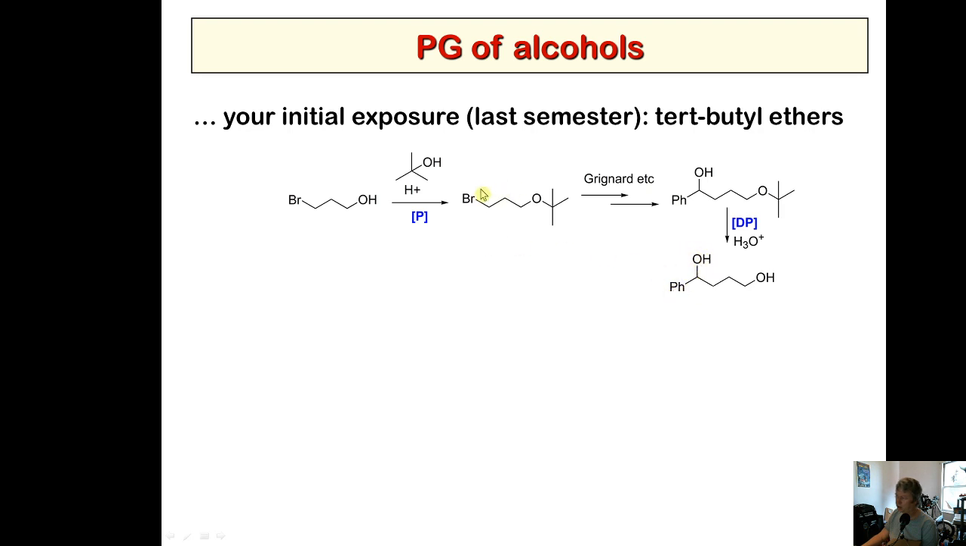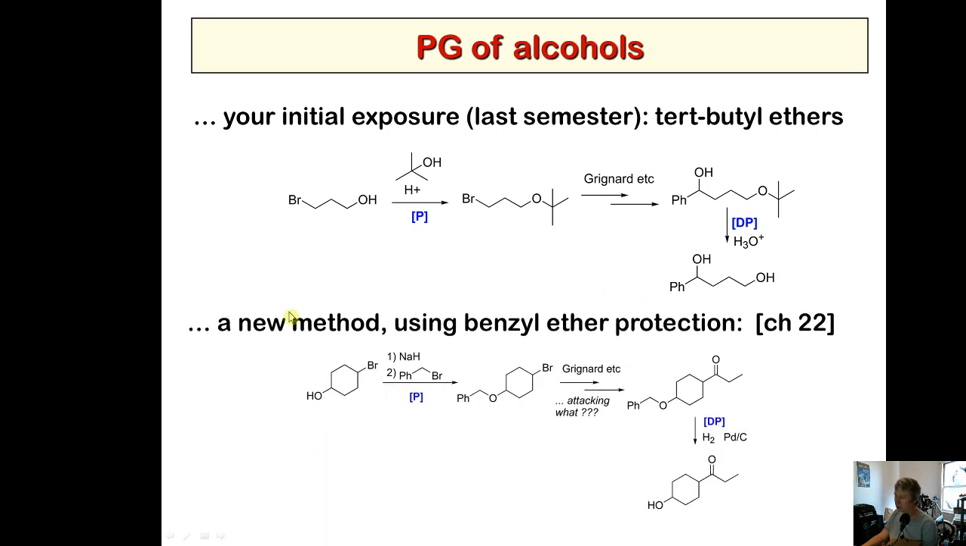Phenylaldehyde. So yeah, we can turn this into a Grignard, and then we can attach benzaldehyde. So it's 3 plus this extra carbon, and then we deprotect with acid. This is what we learned last semester. Now we've extended this a bit with other protecting groups, and we've learned about the benzyl ether protection, which is